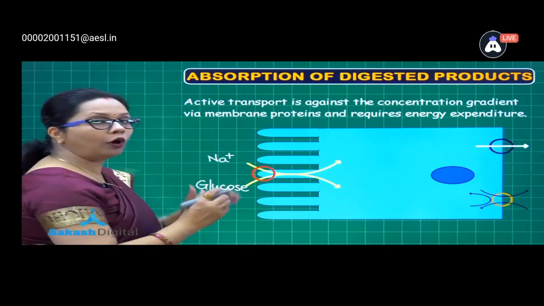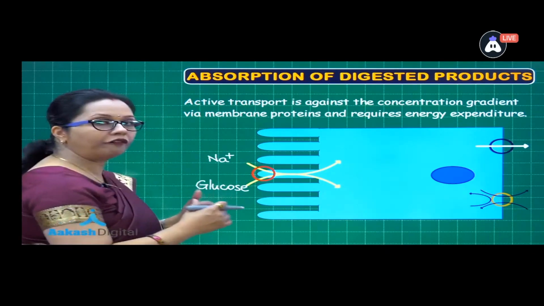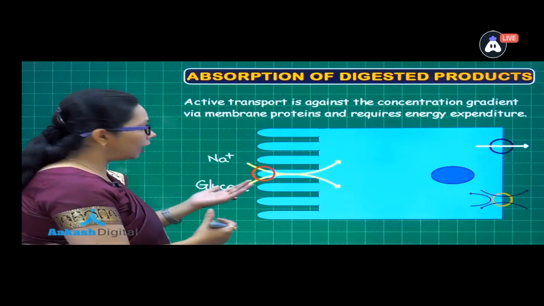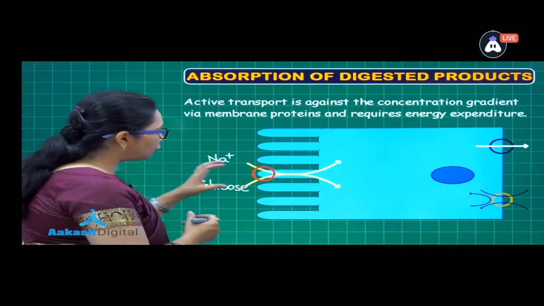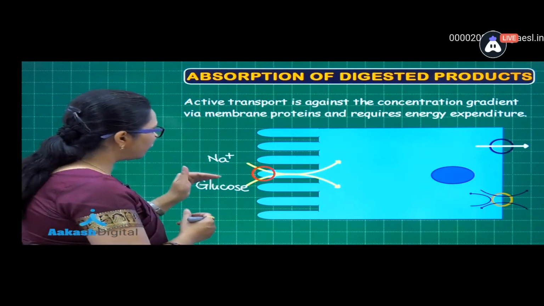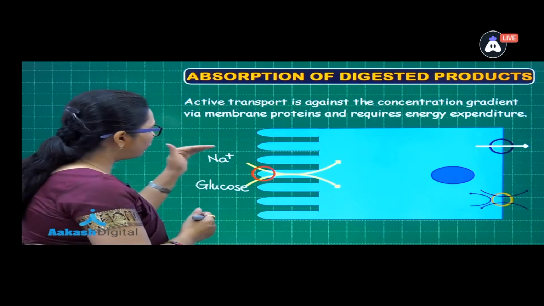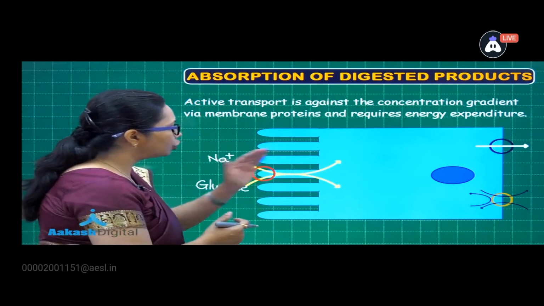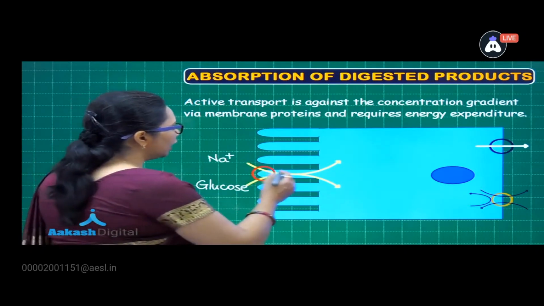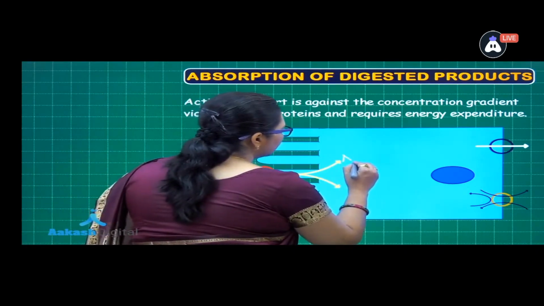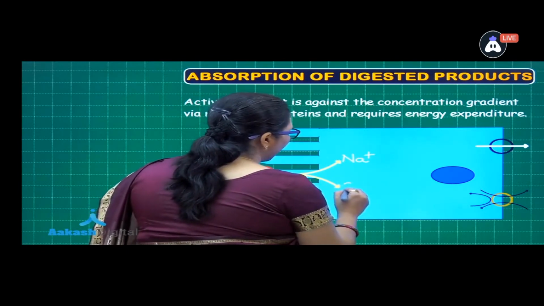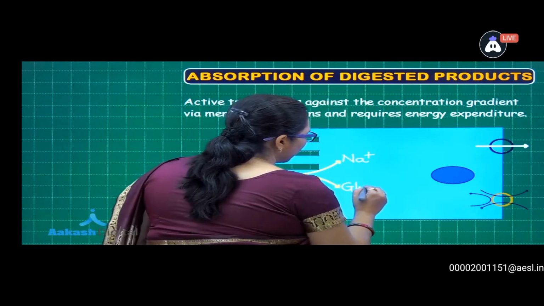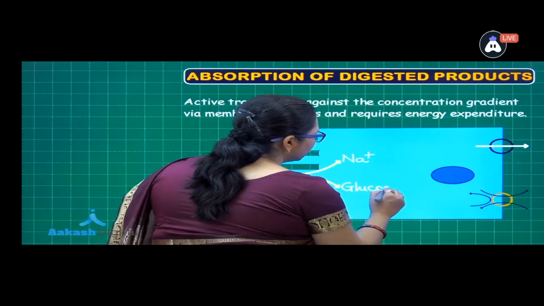Same way sodium also allows the movement of galactose, also allows the movement of amino acids. So here we are taking just one example in the beginning. So let us first take sodium and glucose, they are moving together into the enterocyte. So once they reach into the cell, here sodium and glucose. Now what happens is that